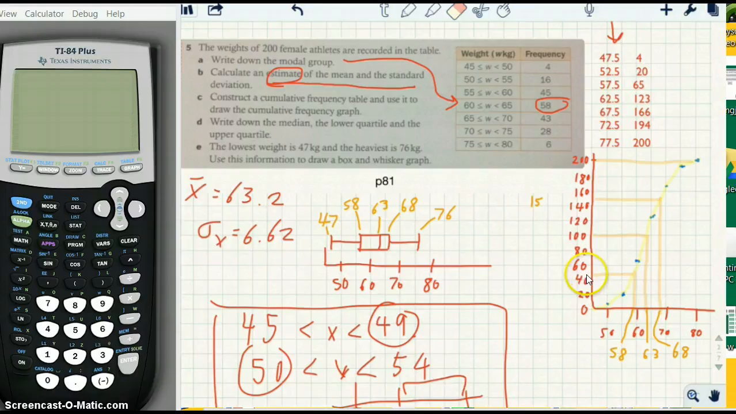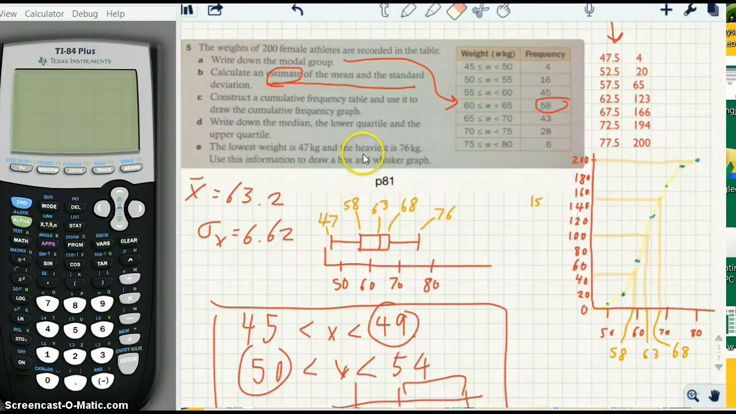And so it would be the 50th or the 51st person. So you would draw the line about there, go over to the yellow line, start going down, and then it would give you about 58 for the weight of the 25th percentile or the first quartile person. So then the last thing it says is to use this information to make a box and whiskers